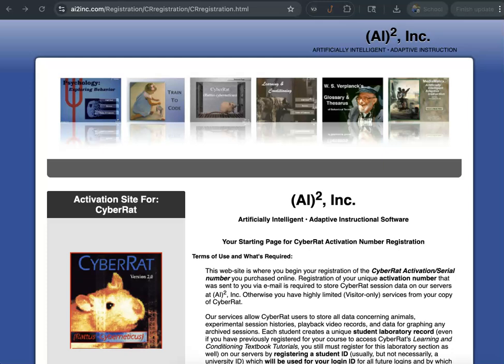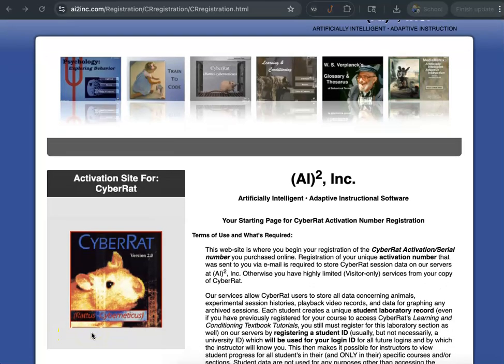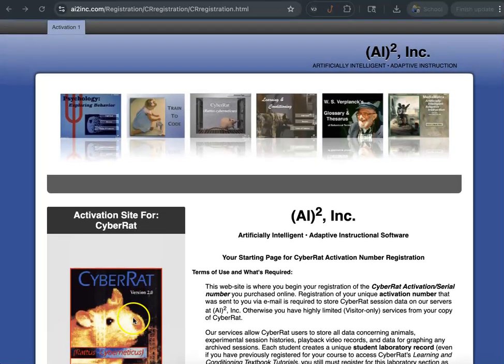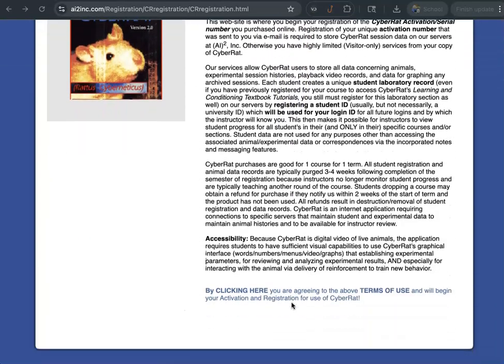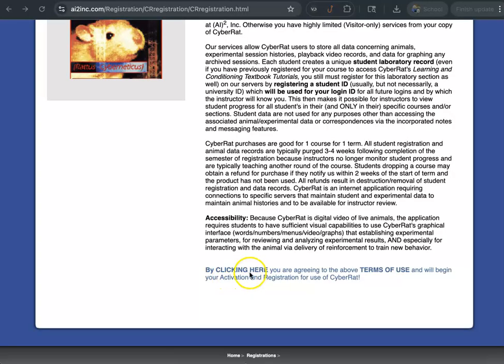Hi everyone. In experimental analysis, I am going to walk through my steps for registering for CyberRat software as a student. So here's the information that came from the AI2 Incorporated company, and I will click down here